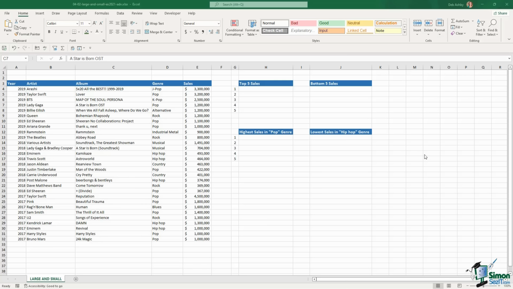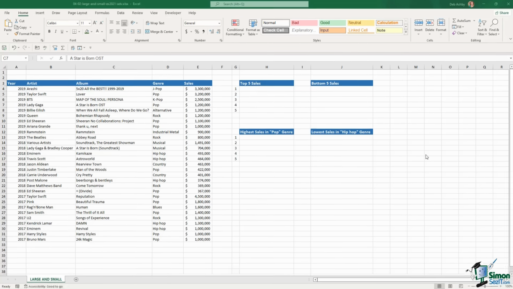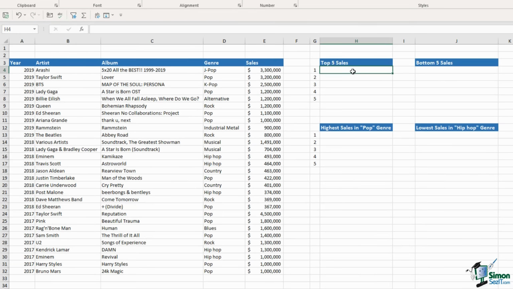Now the data that we're using here are just some album sales. We can see the year that the album was released, the artist, the album name, the genre that that album belongs to, and then we have the sales of that album. So in this first table, I want to find out what the top 5 sales totals were. If I want to find out the top one, this is fairly straightforward. We can simply use max. Let's select our sales range, close our bracket, hit enter, and I can see that the top selling album sold